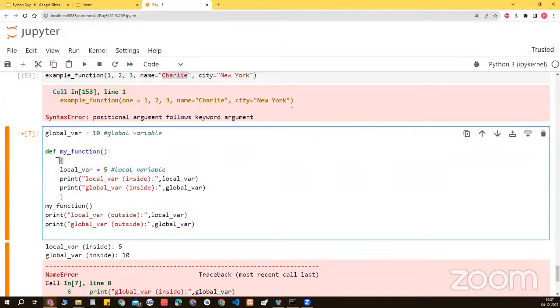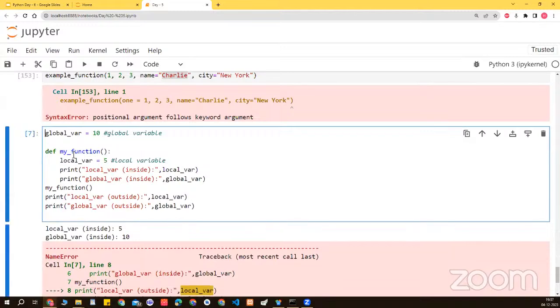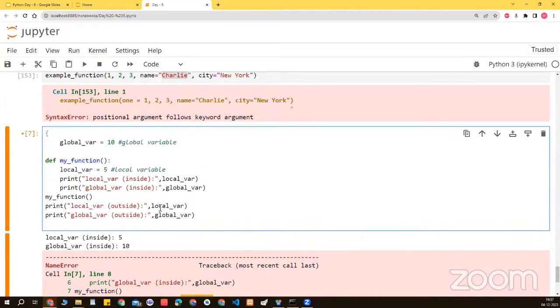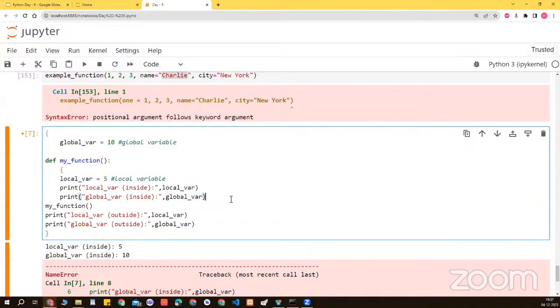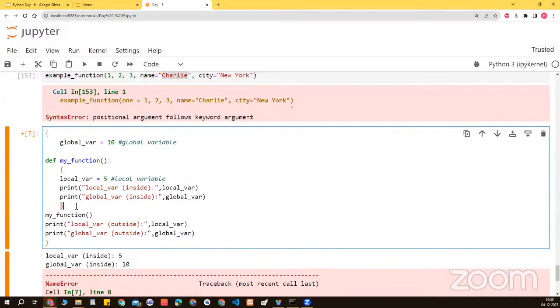From here to here, it is all my function. Similarly, if you want to define the scope of the outside of this function, you can say the scope is something like this. I'll just add this also. So this is called the local scope because,